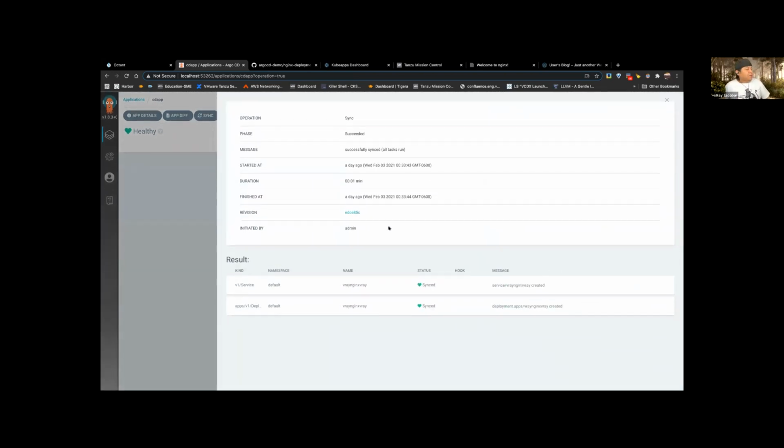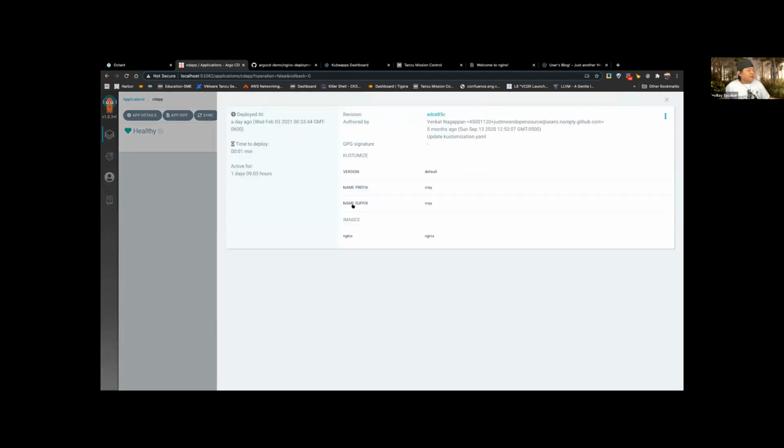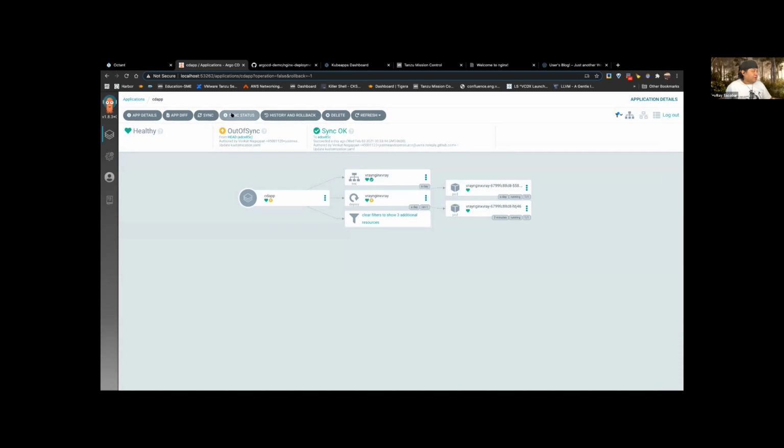And then I can do many things for maintaining these. For example, if I want to do a rollback, well, in this case I don't have history here because this is just the application that I have up and running at this point, right?